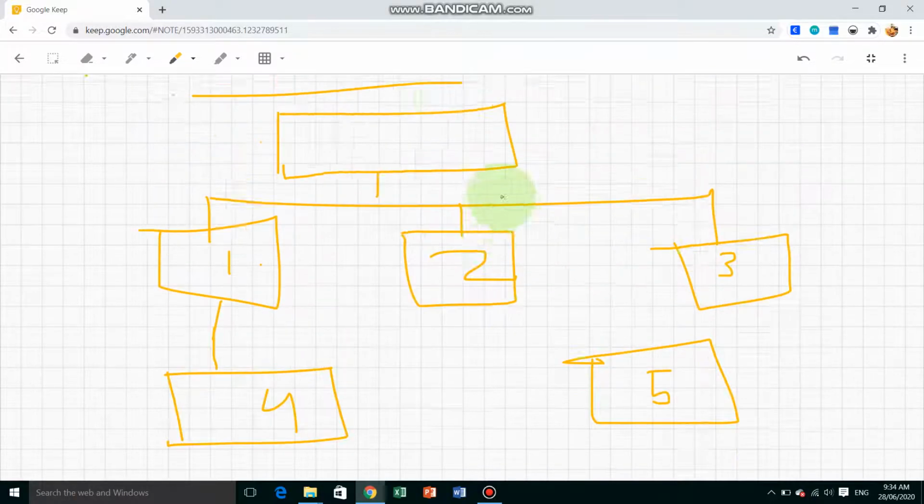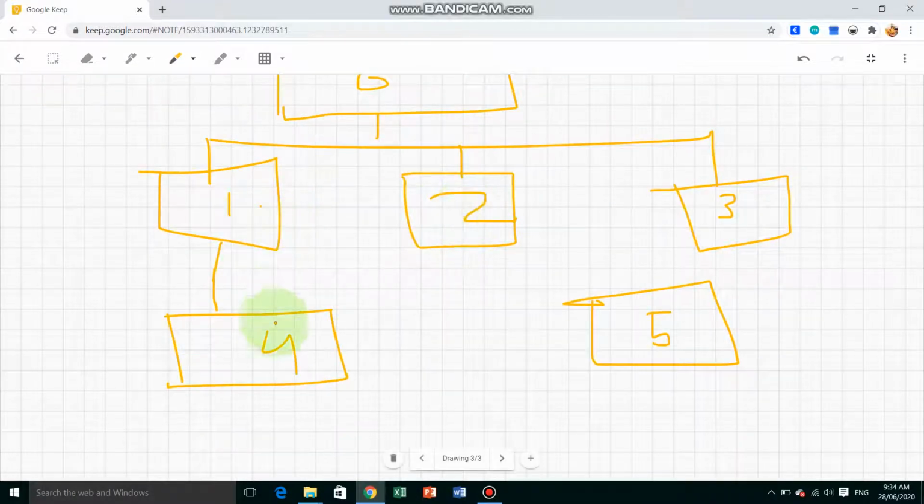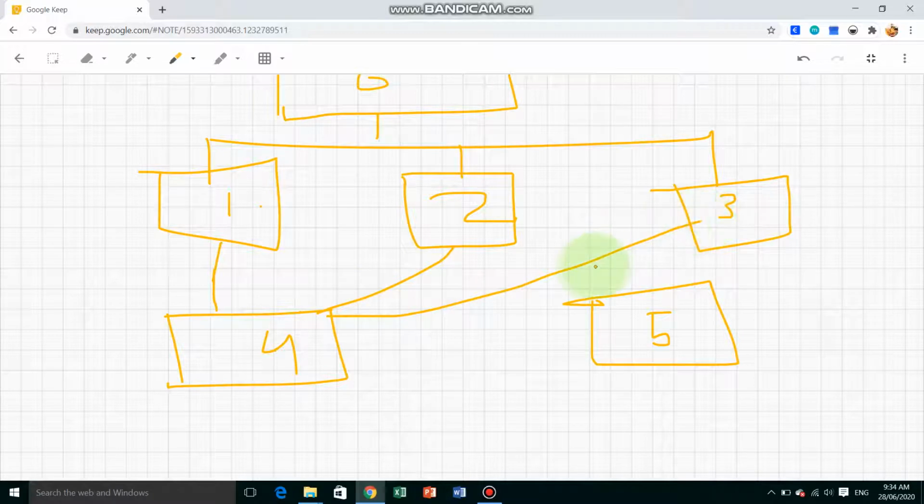And this is one of our databases, that is called the main database. Okay, 6. So number 4 table has a connection between 1 and a connection between 2. It can be a connection between 3 also. So this looks like this. 3 is connected with the 5. So it can connect between 2 and 3 also. So this is the network, each table connected to one another. Different tables in a network.